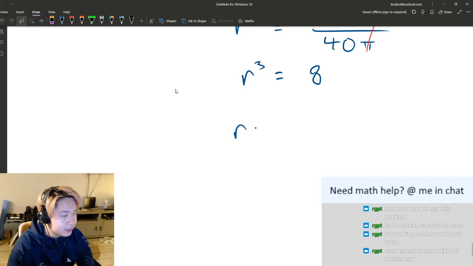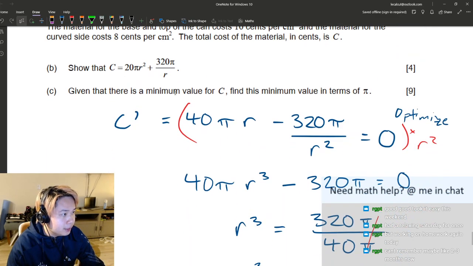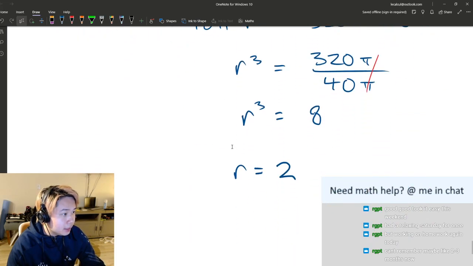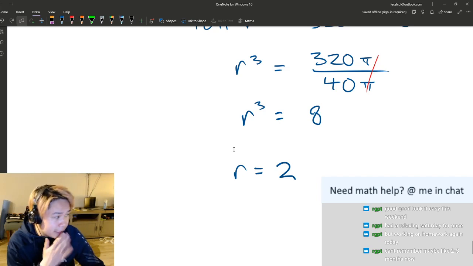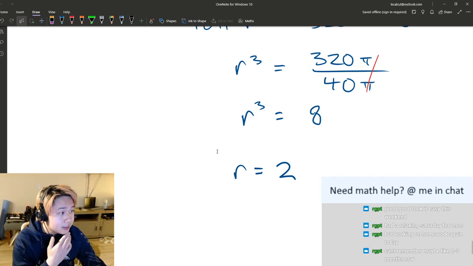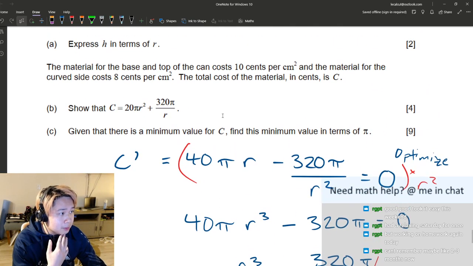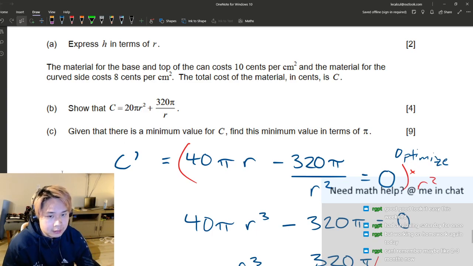Which means that the radius is 2 for our optimized thing. Okay, this is just the radius that gives you the minimum cost, and they want you to find the minimum cost itself,